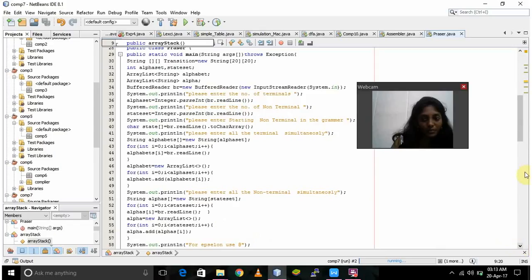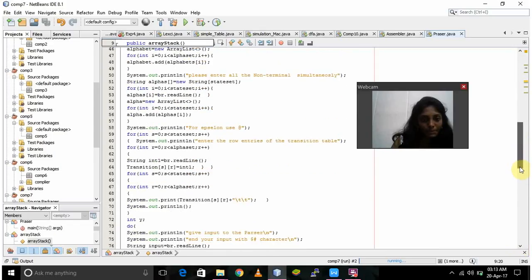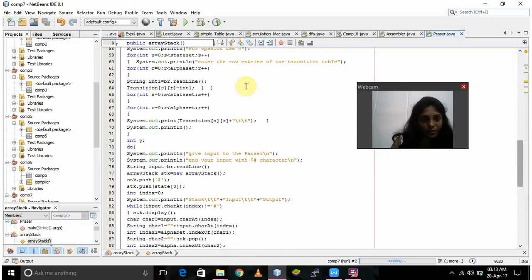for loop condition, for loop condition s is equal to 0 and s less than state set, and the input is enter the row entries of the transition table, and for int r is equal to 0 and r less than alpha set r increment and transition s r is equal to int 1. For loop condition int s is equal to 0 and s less than state set s increment and for int r is equal to 0 and r less than alpha